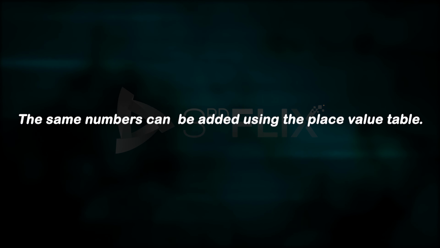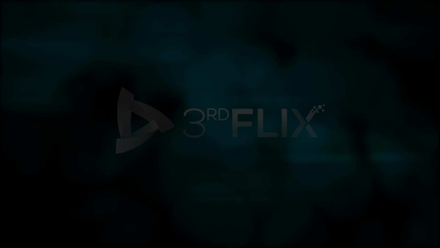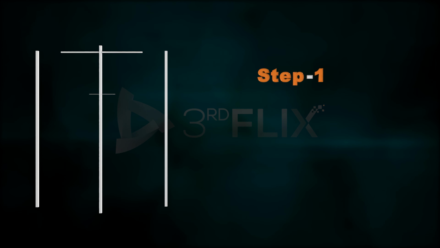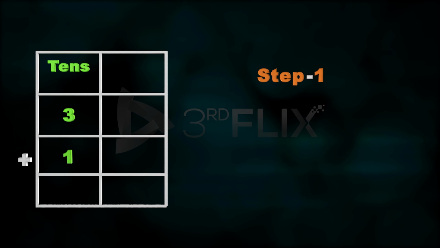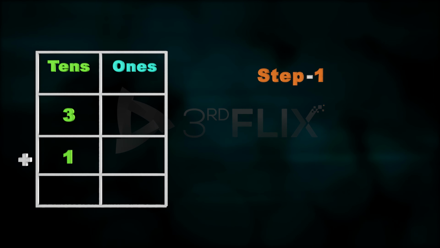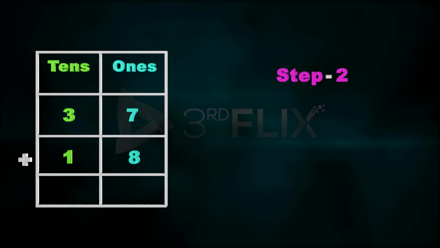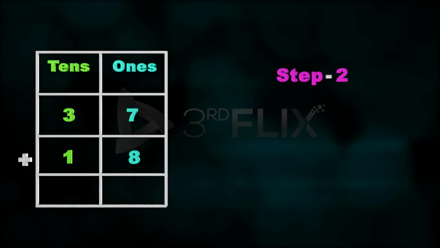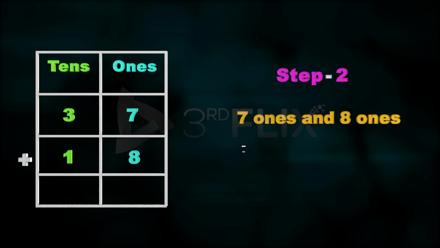The same numbers can be added using the place value table. Step 1. Arrange the numbers in the place value table. Tens: 3, 1. Ones: 7, 8. Step 2. Add the digits in the ones place. Here, 7 ones and 8 ones is equal to